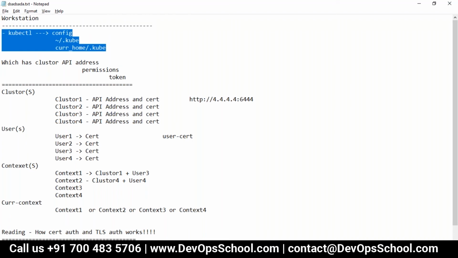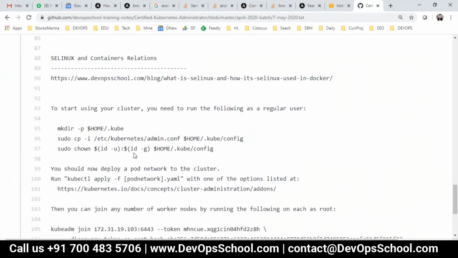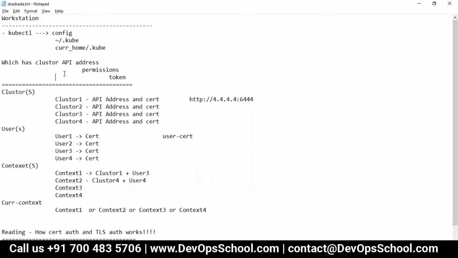So now I go back to my notes. Here you see, home dot kube, and then see the content of this file going to dot kube, and then giving the permission. So that's the reason you should check it out.